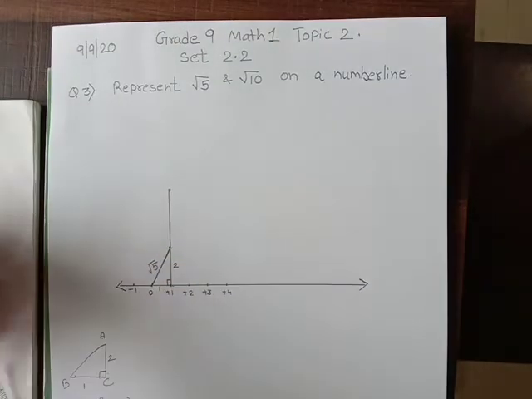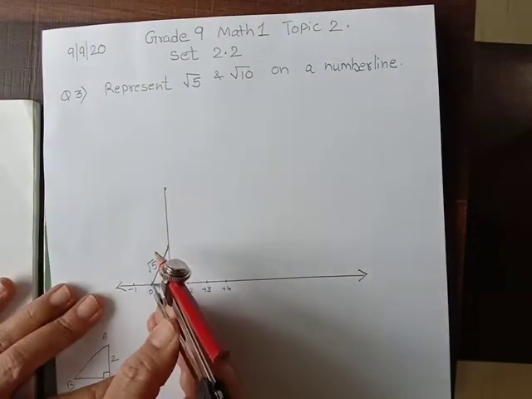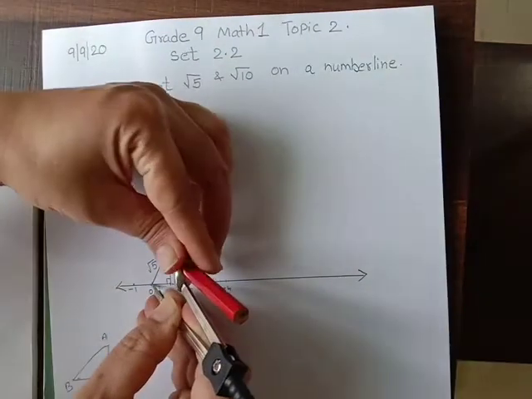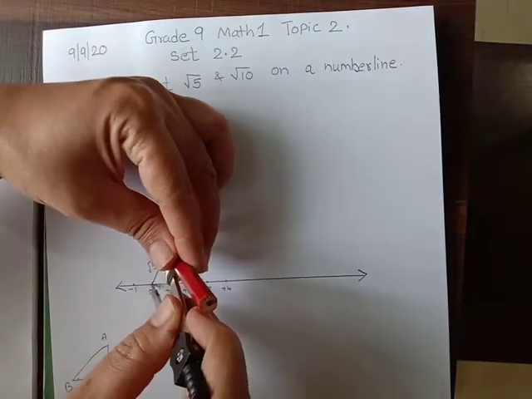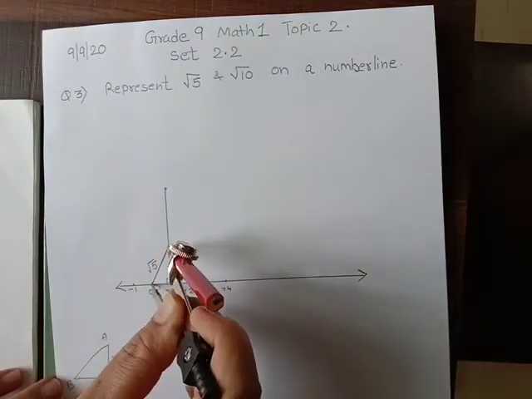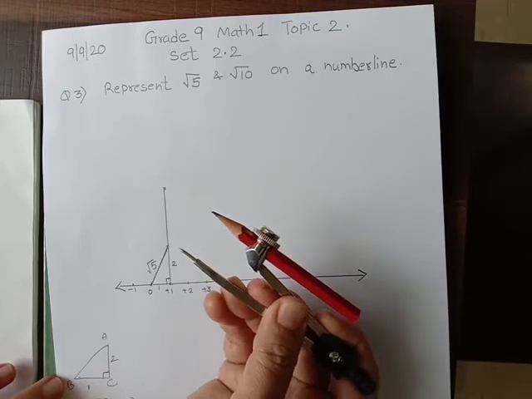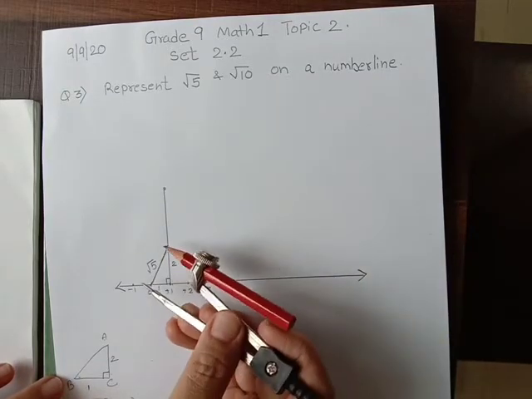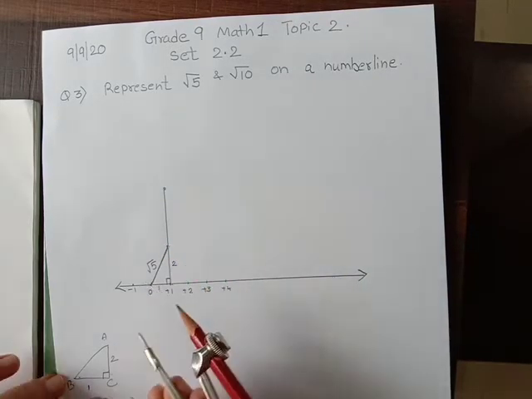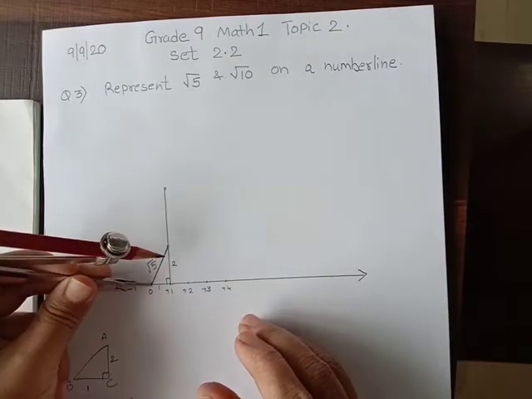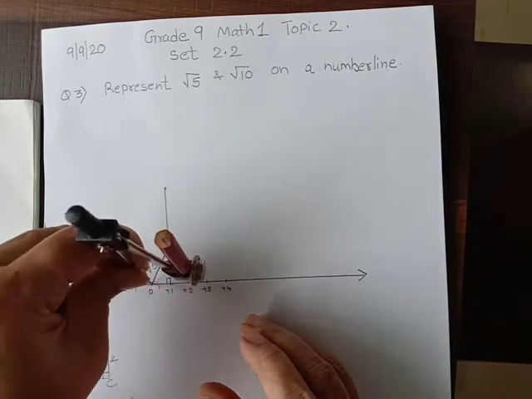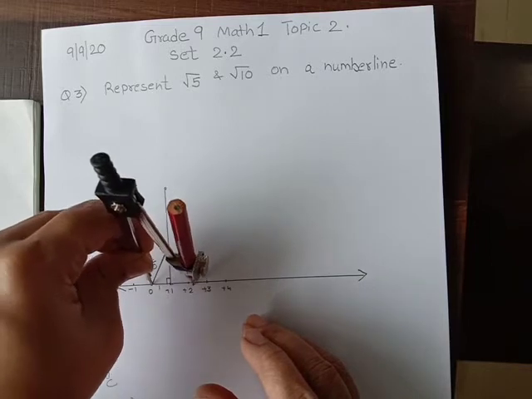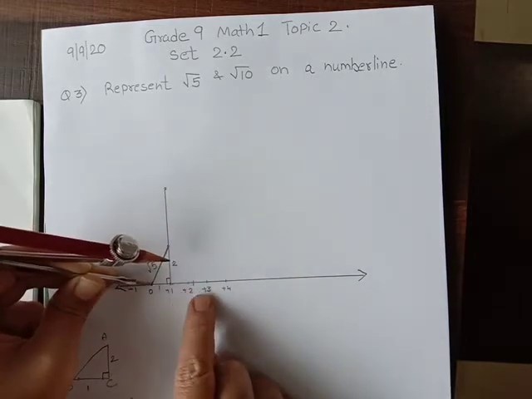So what will I do? I will take this distance. You can see it is a little greater than 2. So I'll extend this like this. So this distance which I have taken in my compass is root 5. But I don't want it over here. I want it on the number line. So what am I going to do? I will place it at 0 and I will mark it over. You can see root 5 is a little more than 2. Can you see everyone? It is going a little ahead of 2.